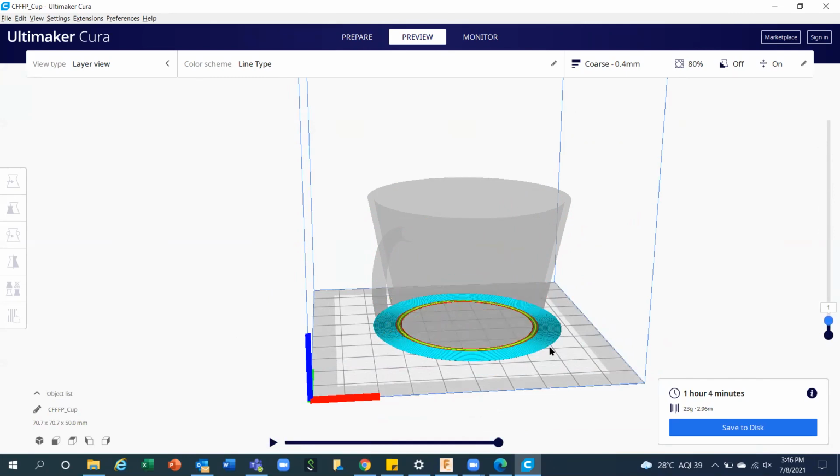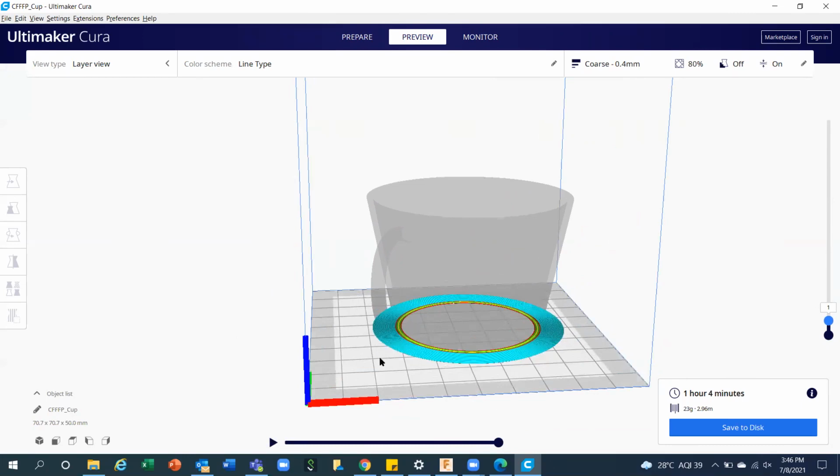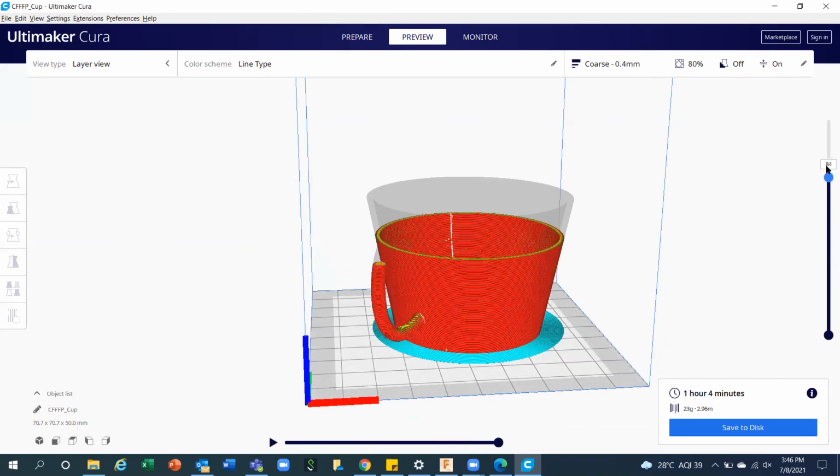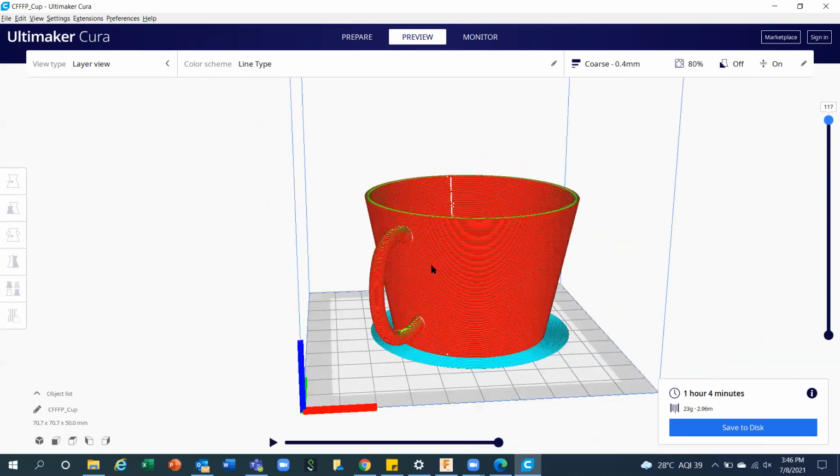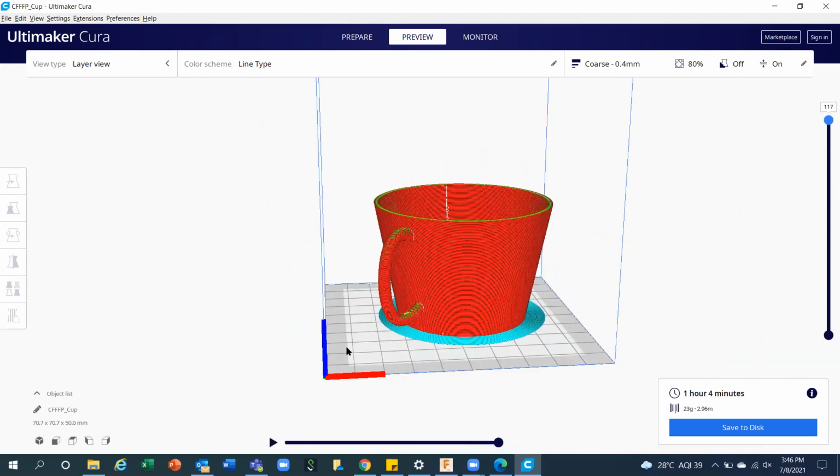You can see this green color area, big circle. First, the printer will create a circle, a little bit large sort of plate, so that whenever you want to extract this object, there should not be any damage to your final product. You can extract this entire bottom material, and you can take out your cup. Later on, you can go for post processing just to clean it, and your cup is ready to use.